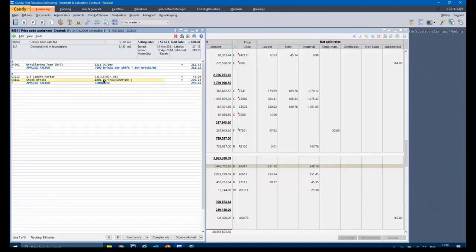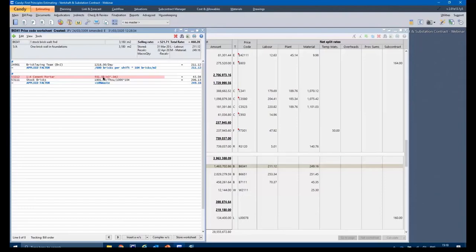You'll also notice when I'm on the stock bricks, it's like a light shading. So that to me is an indication that it's a simple resource. But if I go to the cement mortar, you'll see it's like a pinkish shading, and that's an indication that behind that there's another rate build-up. So simple resources is basically something you can buy or hire. Classic example is your bricks. So you can just buy it, it's a simple resource. When it comes to complex resources, it's a combination of simples and complexes.